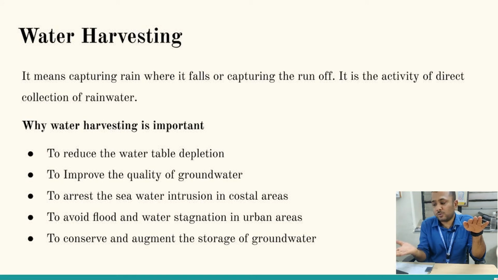Okay, now if we keep the groundwater at the higher level, the hydraulic gradient of the groundwater is higher, so that the fresh water will be flowing into the river. This enables the arrest of seawater intrusion into our fresh water. So we need to always keep the groundwater table at a higher level, so that the seawater will not intrude